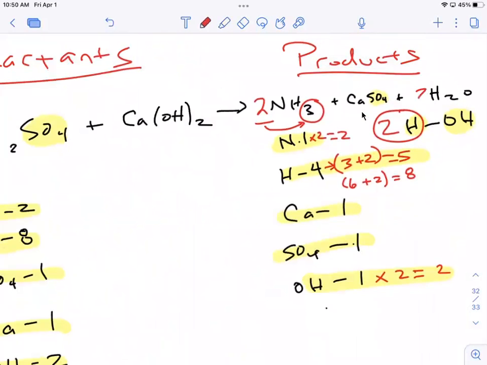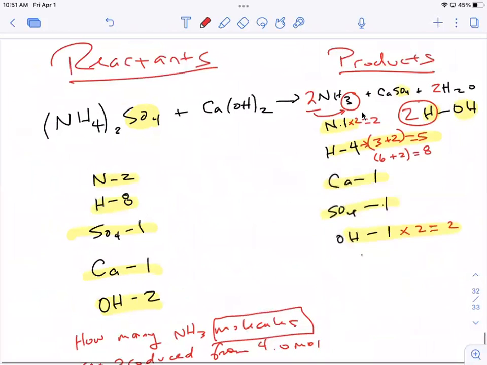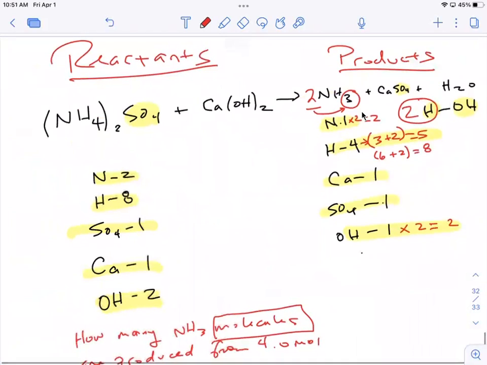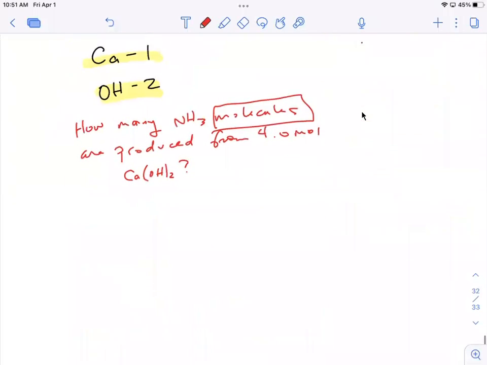One to two. 1 to 2. What do we want to keep? We're looking for what? NH3, right? Yes. So we're putting that in the top of our ratio. So 2 moles of NH3 over 1 mole calcium hydroxide